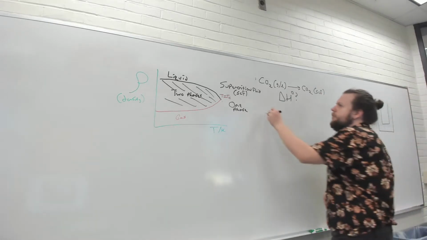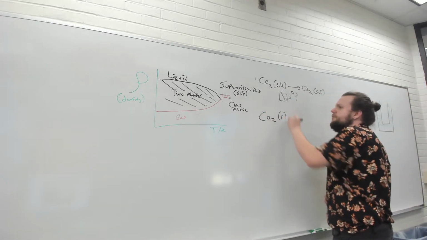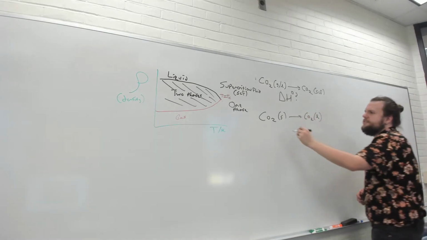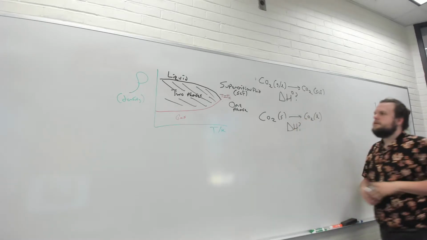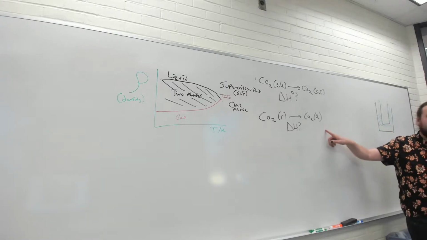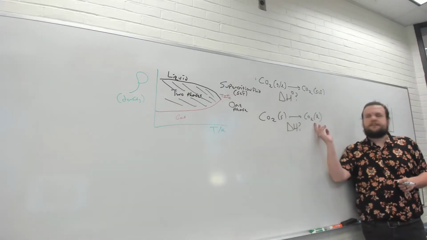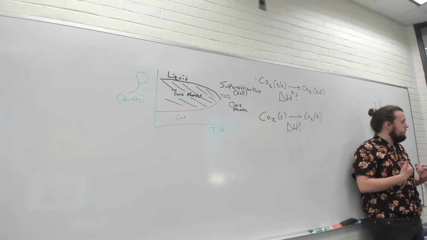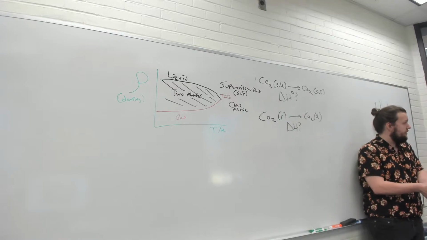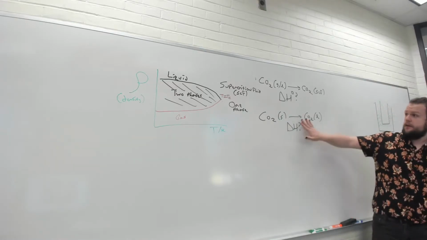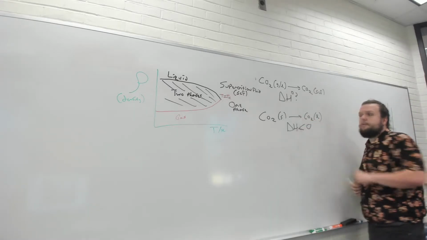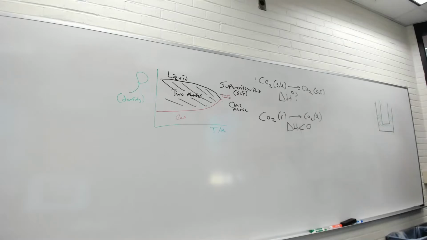Actually, before we do that, let's also look at something equivalent. Let's take CO2 solid and go to CO2 liquid, and also ask the question, what's delta H? So let's first do the easy one, solid to liquid. In order for a solid to convert to liquid, you need to absorb heat, because you're going from an ordered phase to a disordered phase. You need to pump kinetic energy into the system to break the solid apart. So a solid to liquid transition is endothermic. Delta H is less than 0,